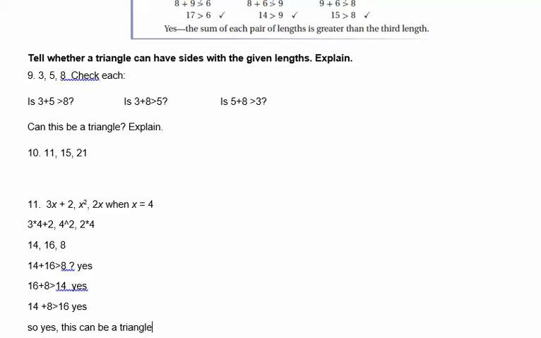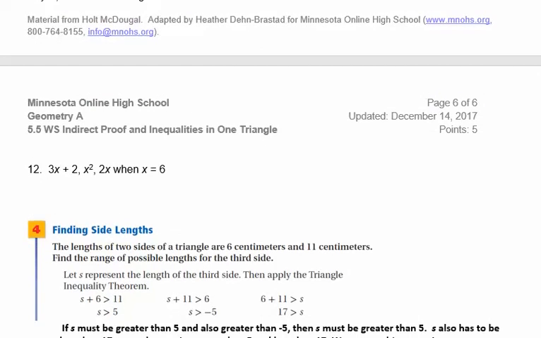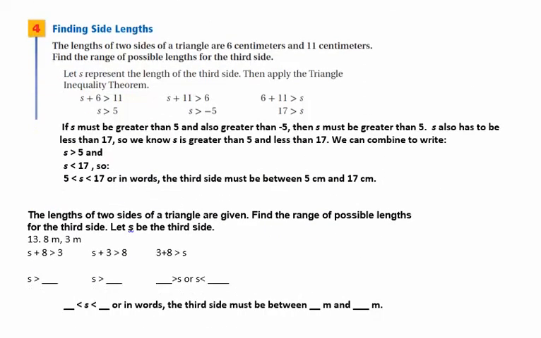If you got any no's, then you would say this cannot be a triangle. And there are some problems where you will get a no when you check your 3 different measurements. If you get any no for any of those, then this cannot be a triangle. All right, and then finally we're going to find the possible range you could have for a triangle if you